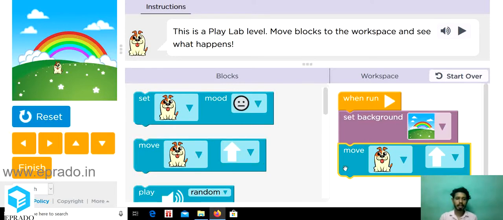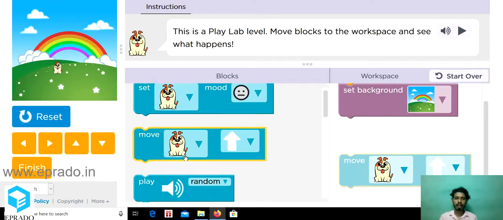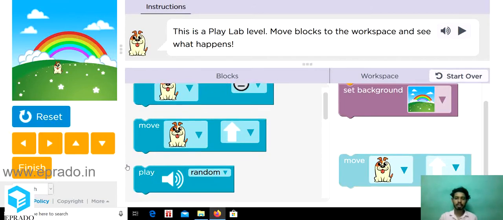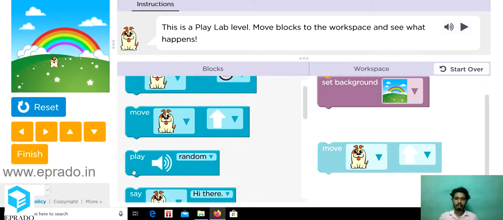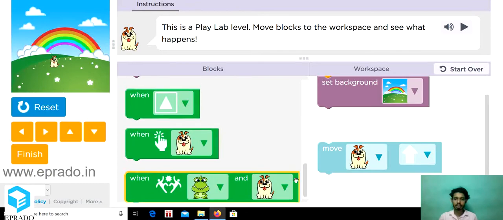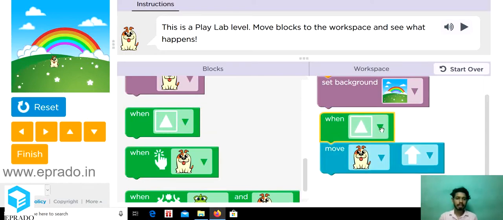In order to make the dog controlled by input from the user, that is, controllable by human beings, we need to add some control keys. What control keys are available here? Let's check. These green colored blocks are control blocks, and this green block contains some control keys.